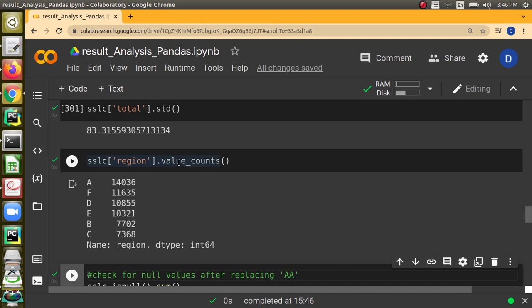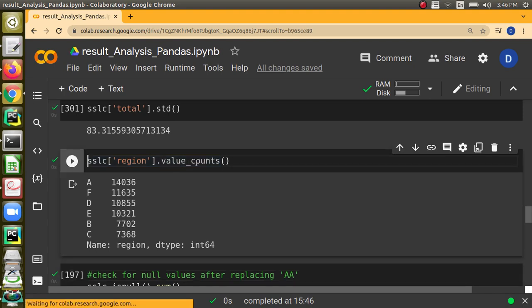We know already that region is categorical and there are 6 categories from A to F. If you want to know how many times A has occurred, how many times B has occurred, then it is possible by using this value_counts function. It will return how many times each of the values has occurred. So you see here A has occurred 14,036 times, F is the next frequent, it has occurred 11,635 and so on. C is the least frequent, which has occurred